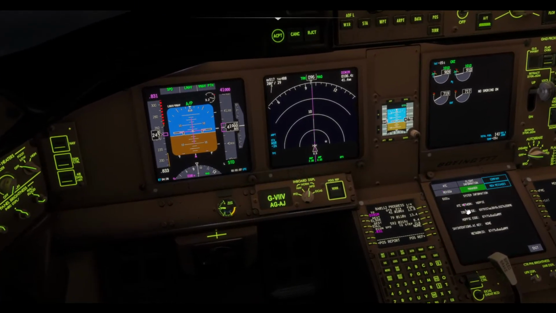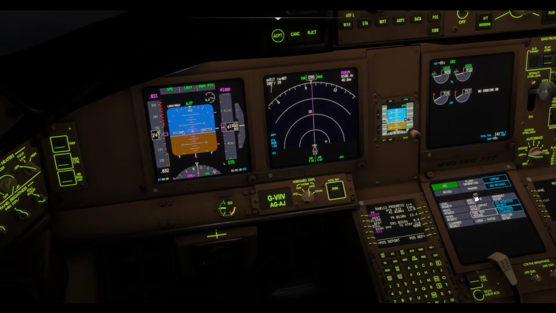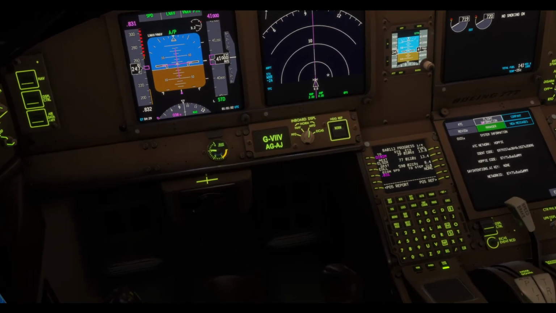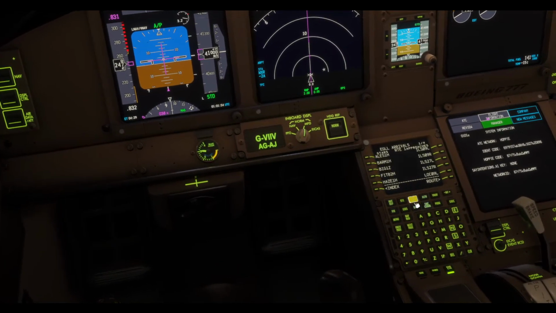We did have ATC a little bit earlier on, so we did have to connect, but we are no longer connected to our ATC here. Right, so we are about to do our approach, and we're going to prepare our arrival into London Heathrow today. And this is what we are getting done. London Heathrow, let's take a look at